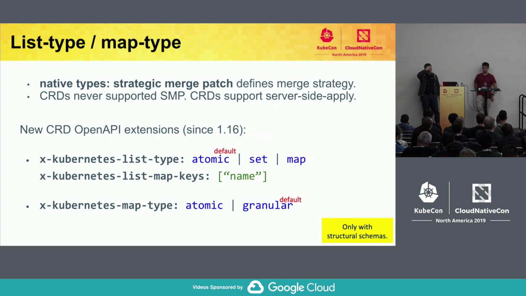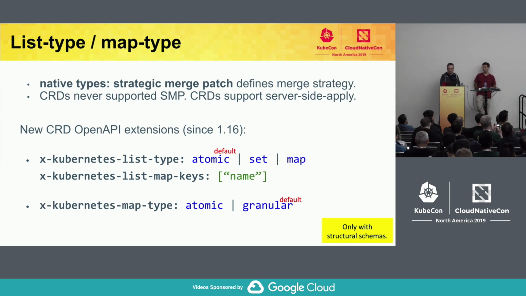Immutability also sent us to this topic. So we have something new since 1.16. You can define a list type for fields in CRDs. And a list type, traditionally, was just atomic. The whole list was either unchanged or replaced by an update. We have two more cases now. You can say a list, an array in a CRD, is a set. Then you expect that every element is unique. So there should be some uniqueness check in the CRD or in the CR processing.